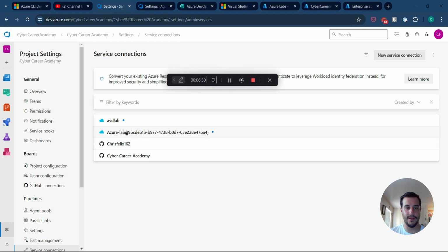Okay, now we have given that service connection additional privileges to do deployments, which is under AVD Lab. So I have two created. I have Azure Labs and then the subscription ID and then AVD Lab. So when you head over to